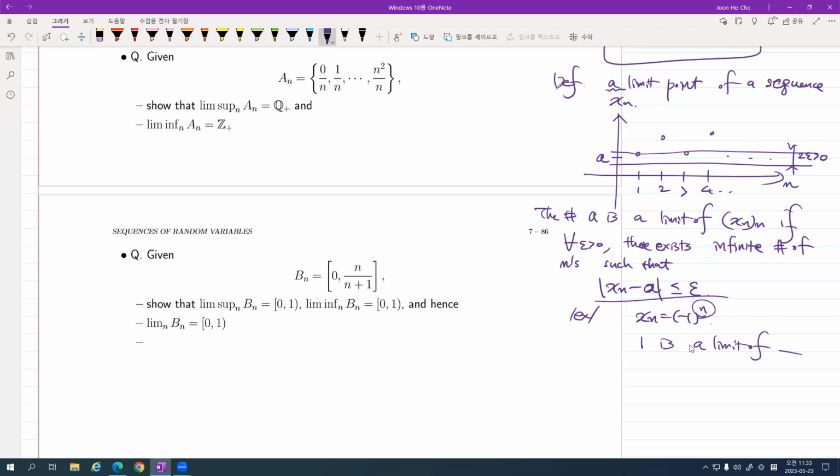If the limit of a sequence exists, then you must have a unique limit point, right? And the limit point equals the limit. What about when there are 2 limit points, given a sequence? The sequence can never converge, right? So interestingly, this notion of a limit point opens up a new idea of viewing a sequence of real numbers.